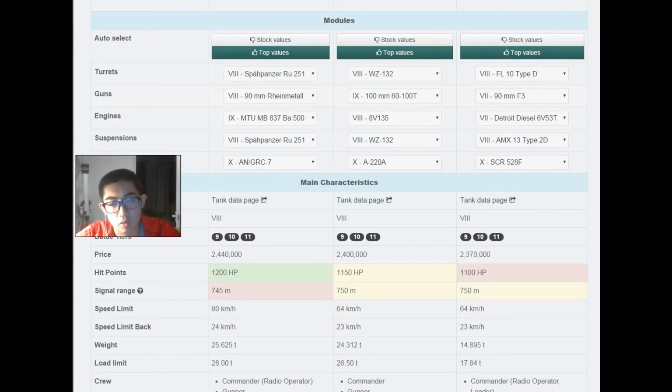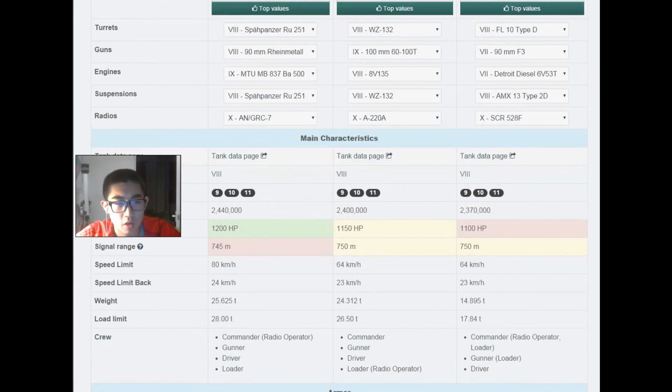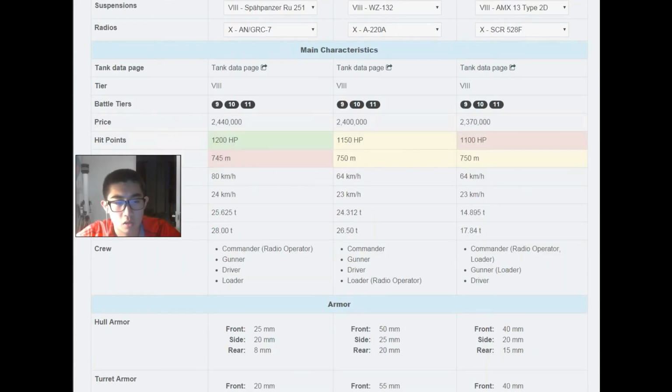So 90mm, 90mm, and 100mm for the WZ-132, and you have almost the same, similar-ish signal range, so that doesn't really matter. Speed-wise, you can see that 64, 64, 80. RU-251 is going to get to those positions very easily, and I think that is a really big advantage over the WZ-132 and AMX. And then you have a hit point difference as well, so you can see this tank